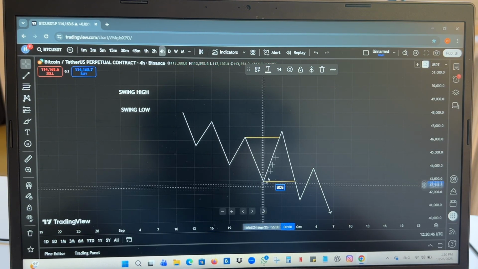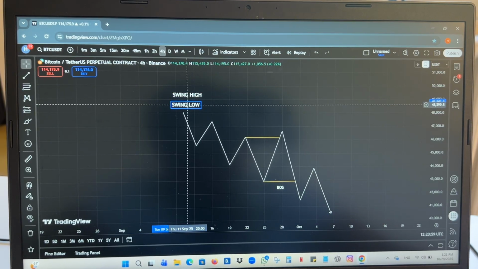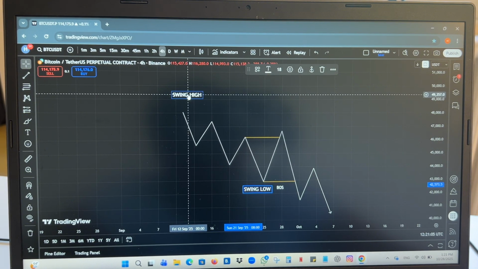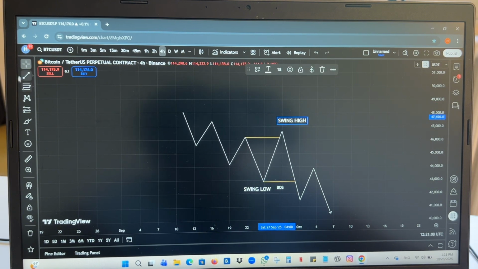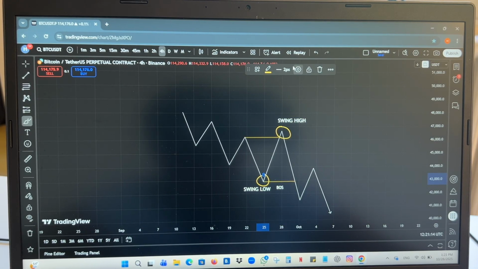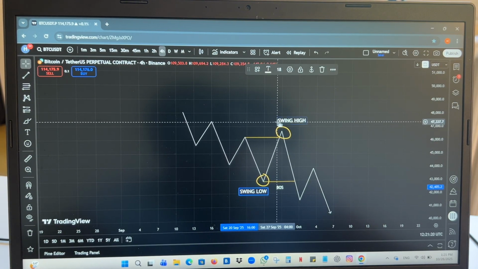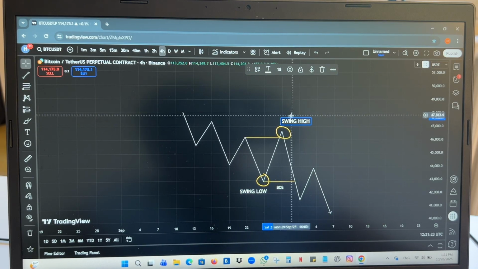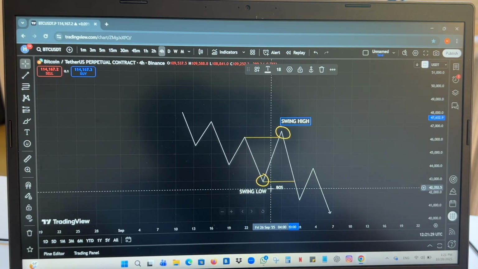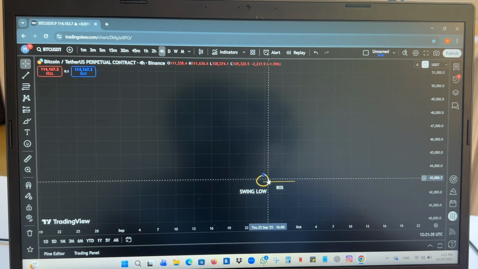And then just like before, these lower highs, lower lows, we are not going to use the same name for these two. That is when swing high and swing low, these two names, come in handy. So for this low, we are going to use swing low. For swing high, we are going to use this point. So this is the swing high, and this is going to be a swing low. This is extremely simple, because the name itself gives it away. We are going to use swing high for the high, and swing low for a low. So let's get rid of these for now, and I will show you how to identify these